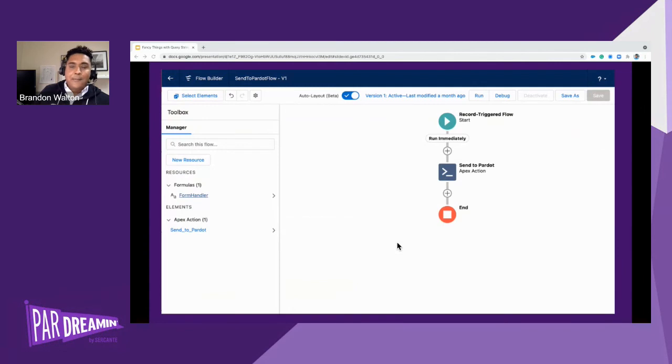So an example here is a record triggered flow run immediately. So again, we've got a product key. Anytime a new product key is generated, it's associated with a contact. We've got an email field that lives on that key. We're going to do that send to Pardot. It's going to be that formula that's going to send to the form handler with the email inside of there. And boom, now I'm doing a selective custom integration with Salesforce using Pardot Growth using a form handler here, which has saved my tail a lot.